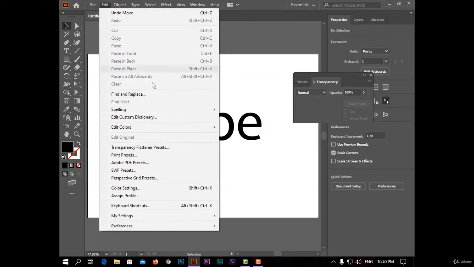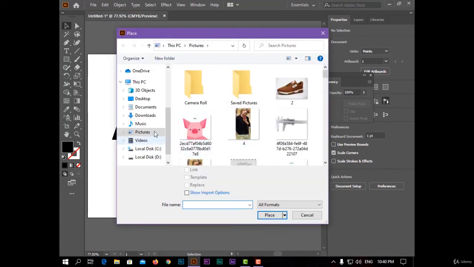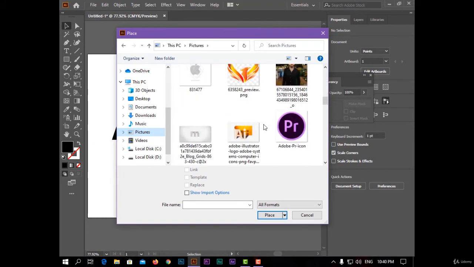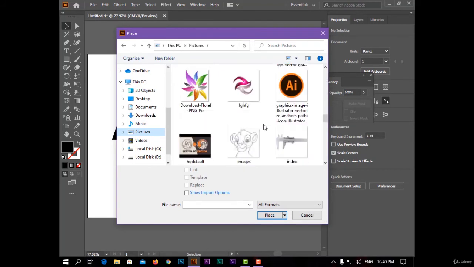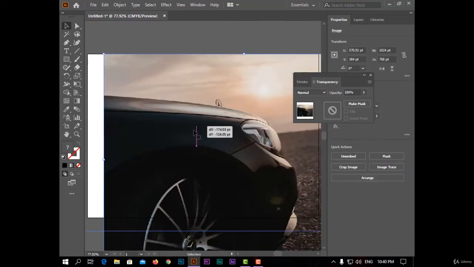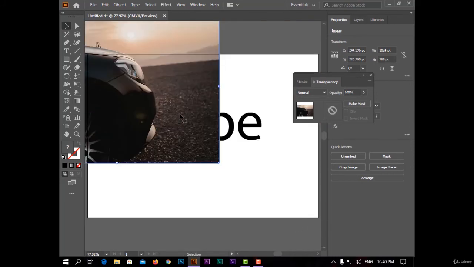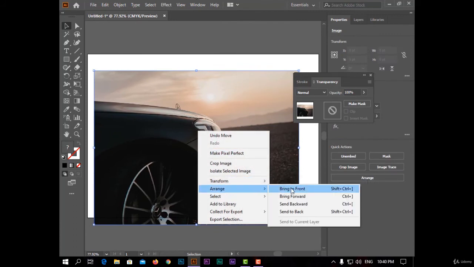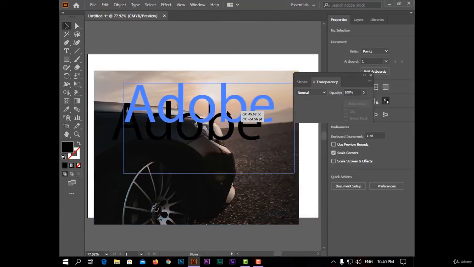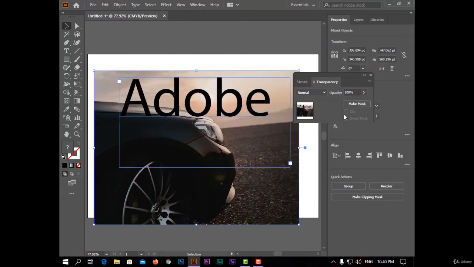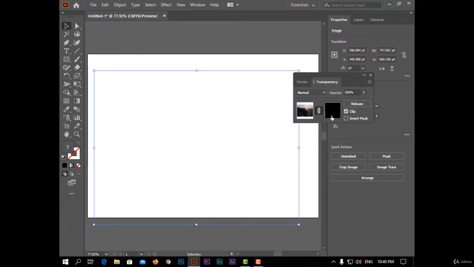And now I will place any photo like this one, and send it back like this. And now select the text and the photo and choose make mask and select the black rectangle here